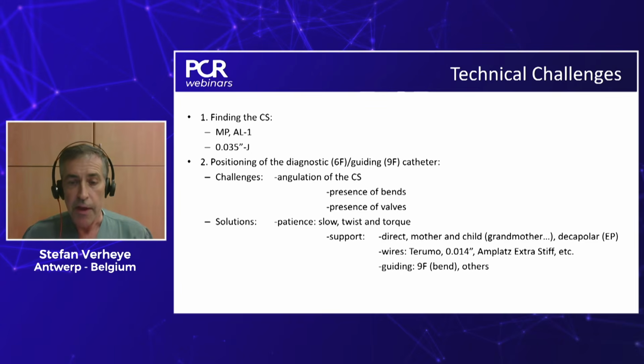In terms of wires, the most straightforward wire is the 035 wire, a long wire, that usually does the job. But depending on the bends, you may need more support like an Amplatz super stiff wire, or if it's some valves, you may use a Terumo or even a coronary wire, a 14-inch wire, to get into the coronary sinus. But then you have to do it all